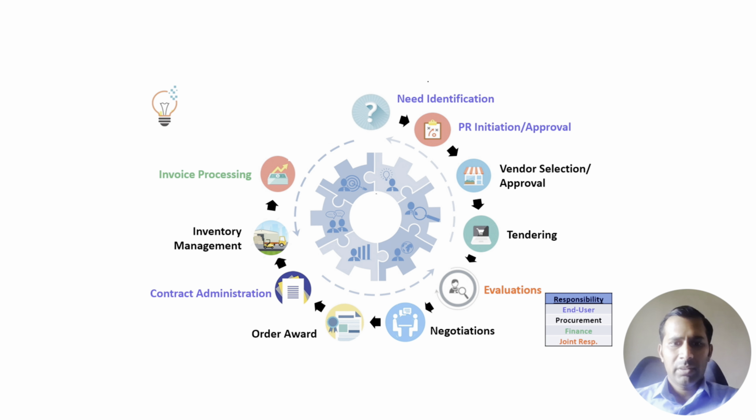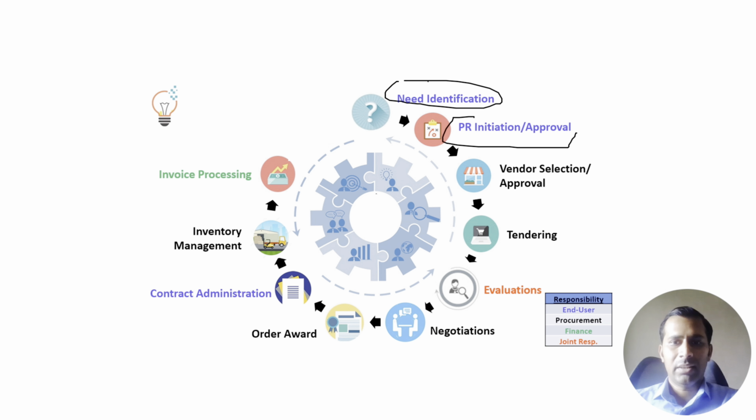A typical procurement cycle starts off with need identification. This step falls in the ambit of the end user. The end user has to determine what, when, and how much of an item is required, for which reference is made to the current stock, the stock that is in pipeline, and future requirements. Once it has been established that an item is required, the end user moves on to the next step, which